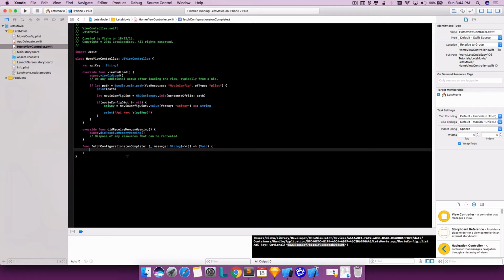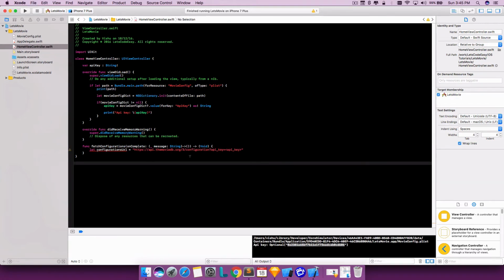And that parameter, once a method call is complete, or even before returning, or if there is no return, we can let the calling method know that some operation has completed here. So here we are passing it as a parameter which will accept a message of type string. So let's go ahead and